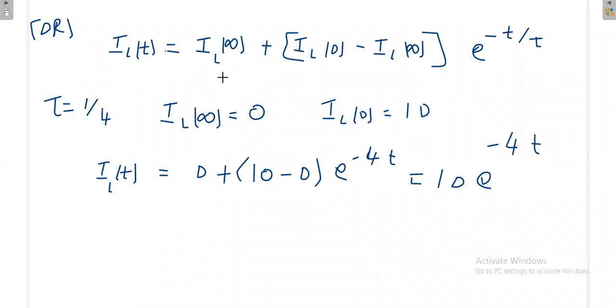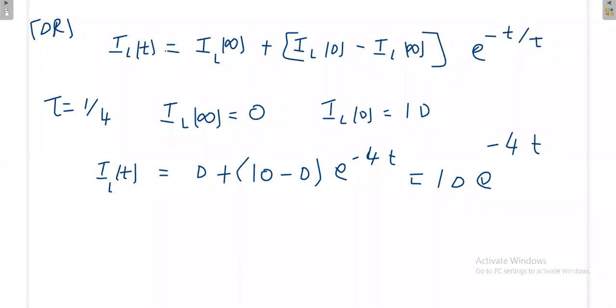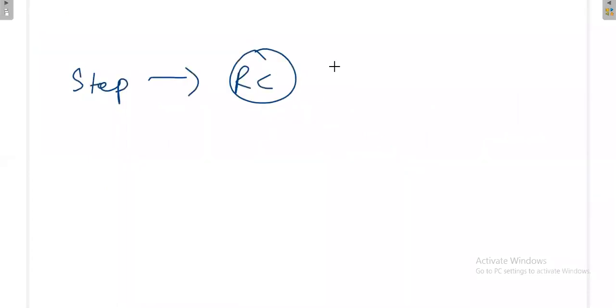And finally we'll take a circuit with the step input and also with initial energy. One case we'll discuss without any initial energy, and in the other case we'll discuss with initial energy. So tomorrow we'll take the step input, apply it to the RC circuit, and see what the response is. In this case, there is no initial energy, no initial voltage across the capacitor. Then in the next case, we will take some initial energy across the capacitor.